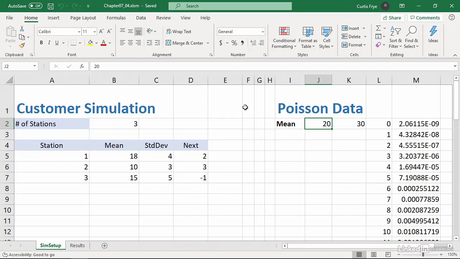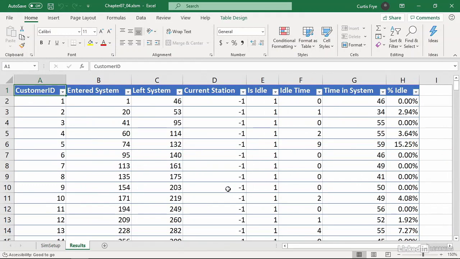We've already run the simulation, so I will go to the results worksheet, and there we have our Excel table. Let's say that I want to find customers who left before the customer that immediately preceded them left the system. So in other words, a customer came in, customer number 2 followed them, but customer number 2 left before customer number 1 did. To get that information from this table, I can sort the left system column from smallest to